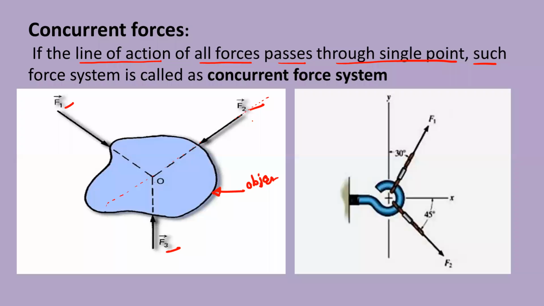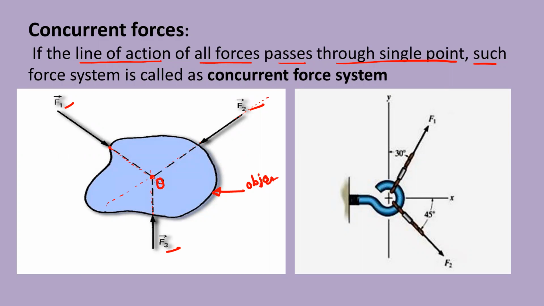Okay, this is called a line of action. Similarly, F1 acts on the boundary, so this is the contact point of the force F1 with the object. Just extend this vector, and similarly extend F3. That is called the line of action. So these lines of action will meet at this point. So this is a point O.